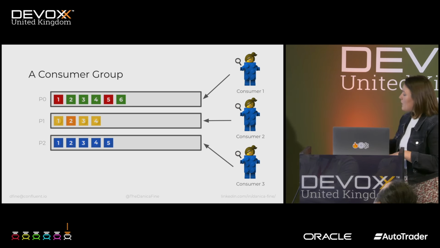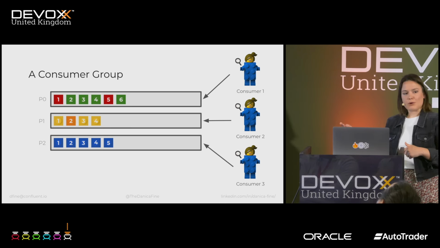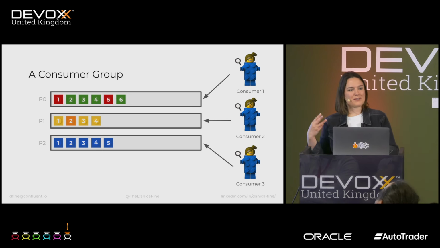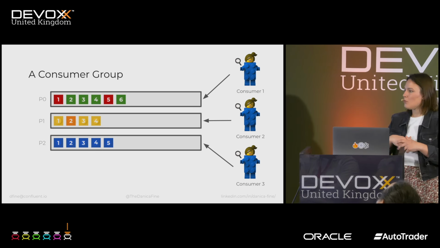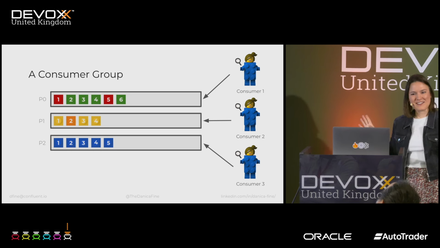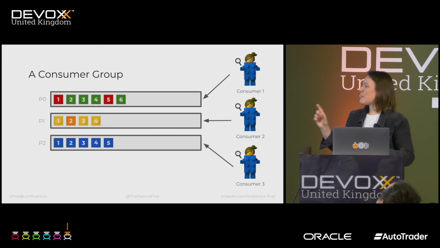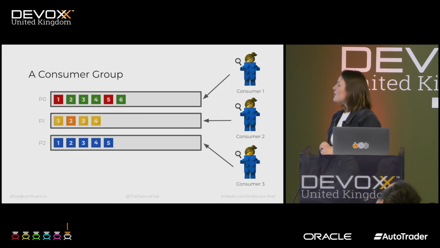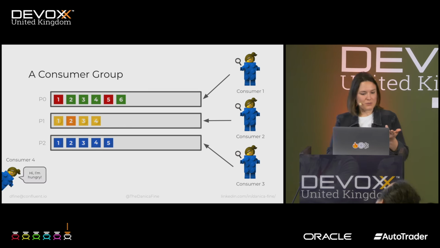So we could keep going in this way. We can add a 3rd consumer, and this is great, right? We have 3 partitions, we've got 3 consumers, so we've reached peak parallelism, right? We are consuming data in parallel for each of these 3 partitions, and that's wonderful. That's what we wanted. Now, we don't have to stop there. We could add a 4th consumer,